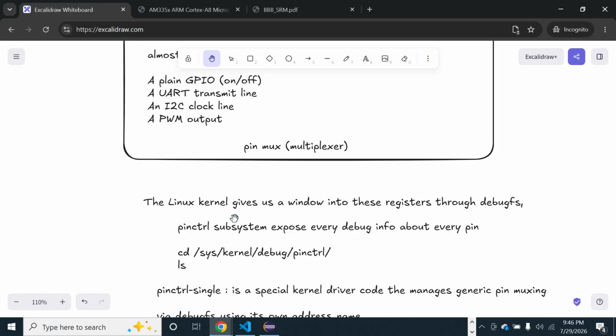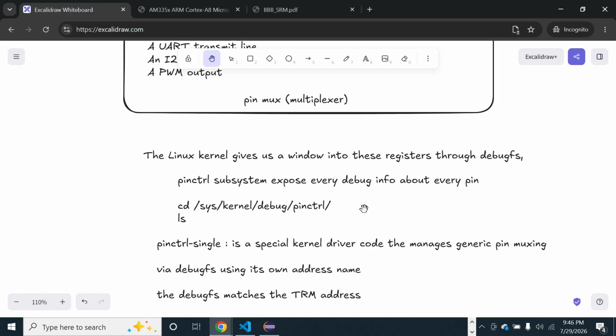A tool that we can use to do that is debugfs, which is essentially a Linux kernel driver that gives us access to the pins, controlling the pins, reading the pins, aka reading the registers. So we need to cd into this pin control